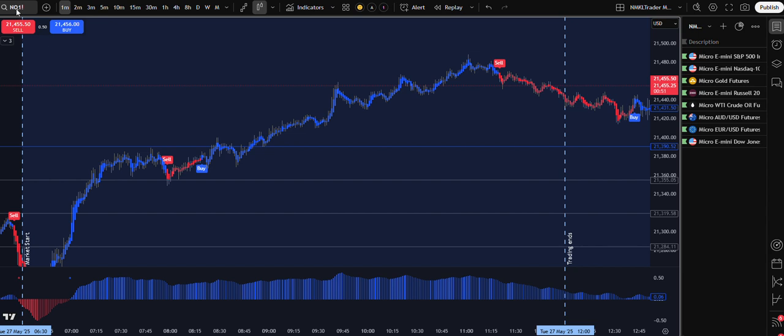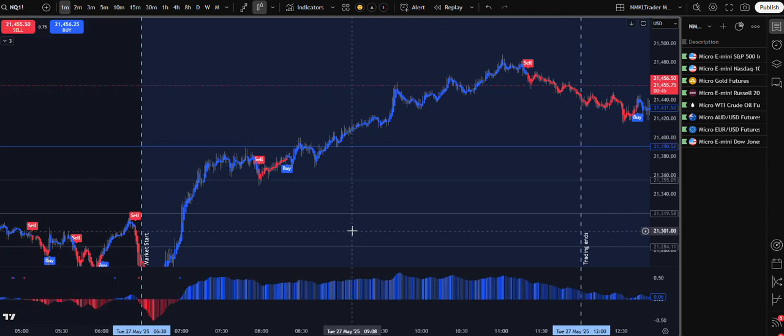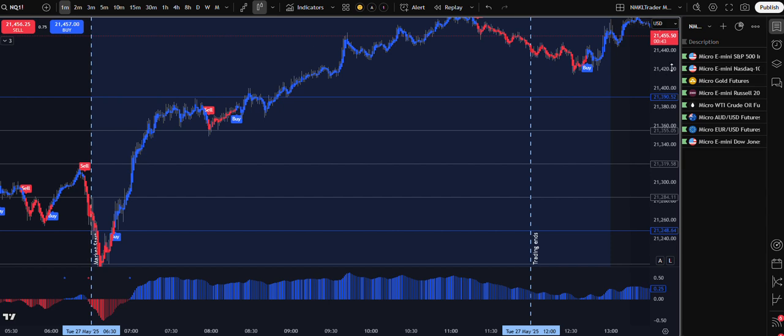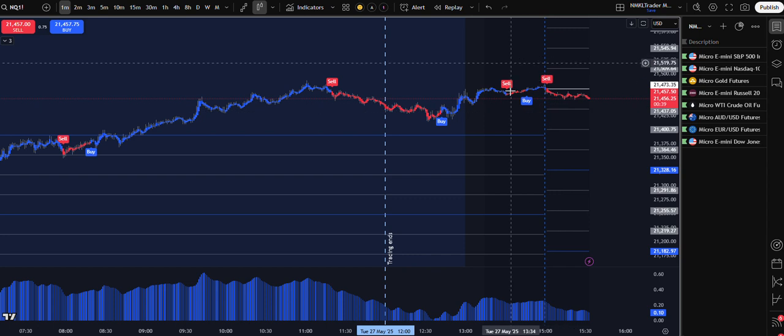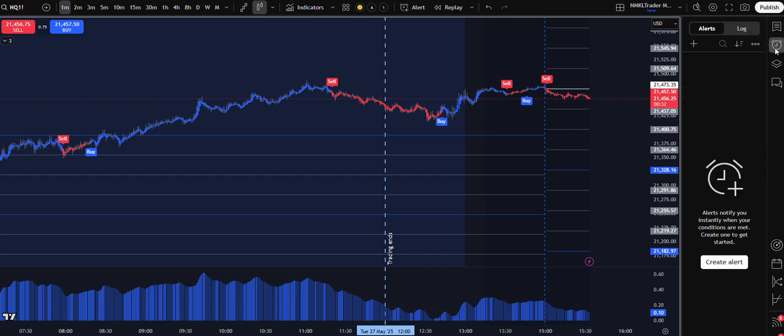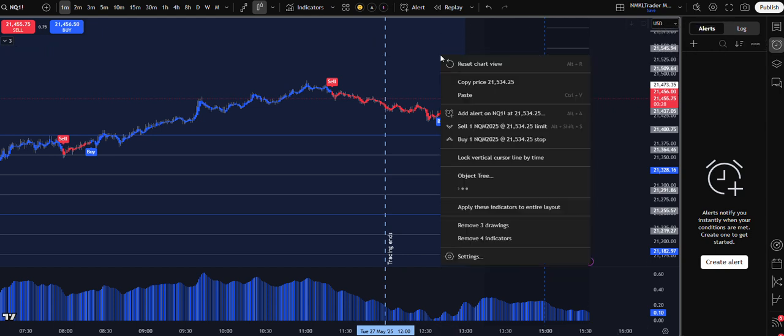Okay, first of all, open your chart to the market that you're going to be trading on. You got to have that chart open. It is very crucial. And then once you've done that, get the chart set up the way you want it. There's a couple different ways to do this. You can open up your alerts tab here over on the right, it's the clock,